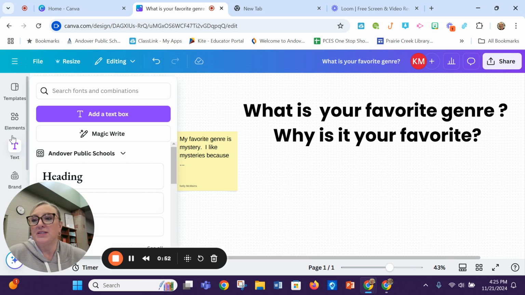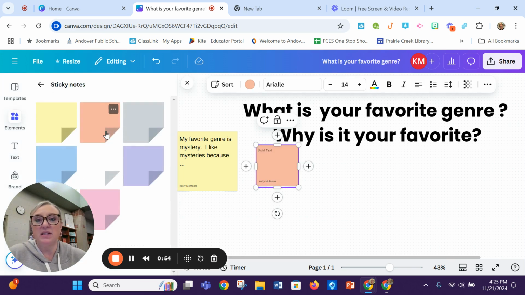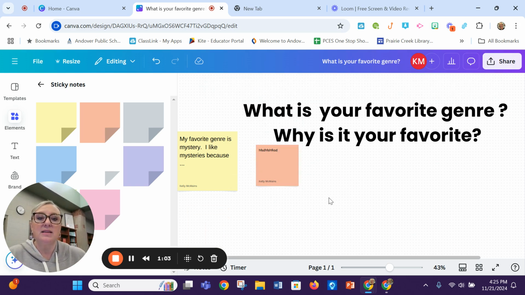So all they need to do is go over to the elements. They pick a sticky note of their choice. What I like about it is it automatically puts the name at the bottom of who's typing the sticky note. They go in and type their message, and then they post